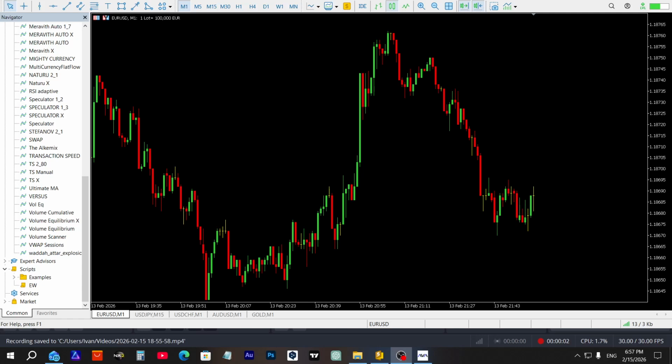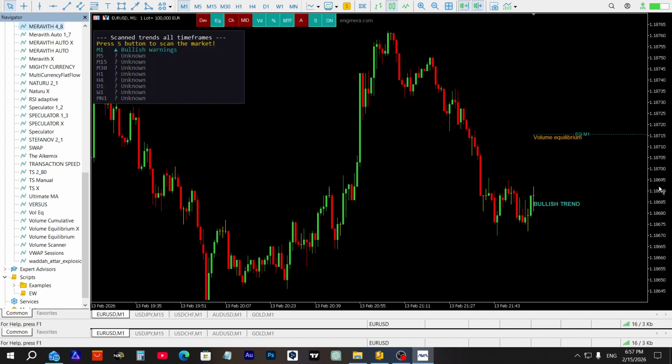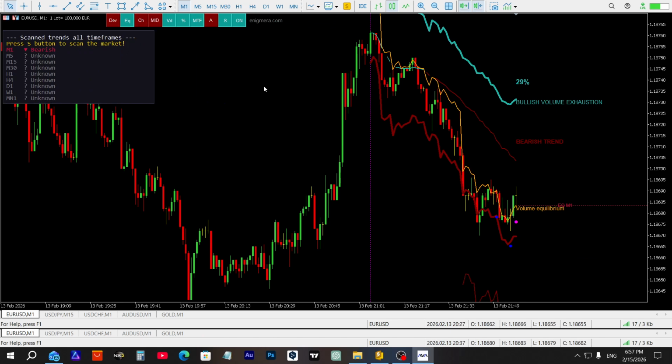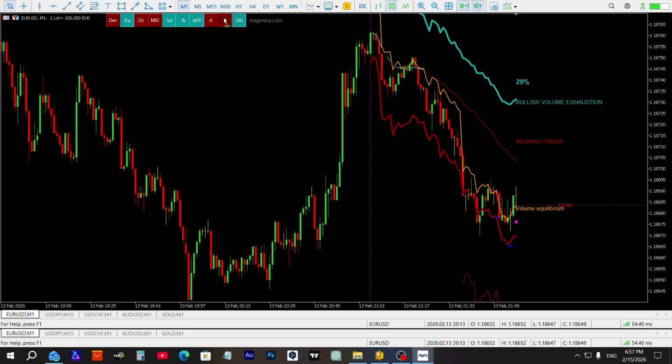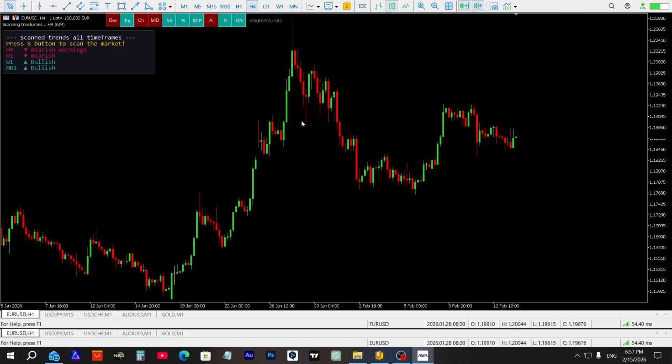In this video I would like to show you the new features of Meravith. When you insert the indicator on chart, you will see immediately this message asking you to press S button to scan the market. What is this? We got a new button here, S, which is for scanning, and when you push it, Meravith immediately will start